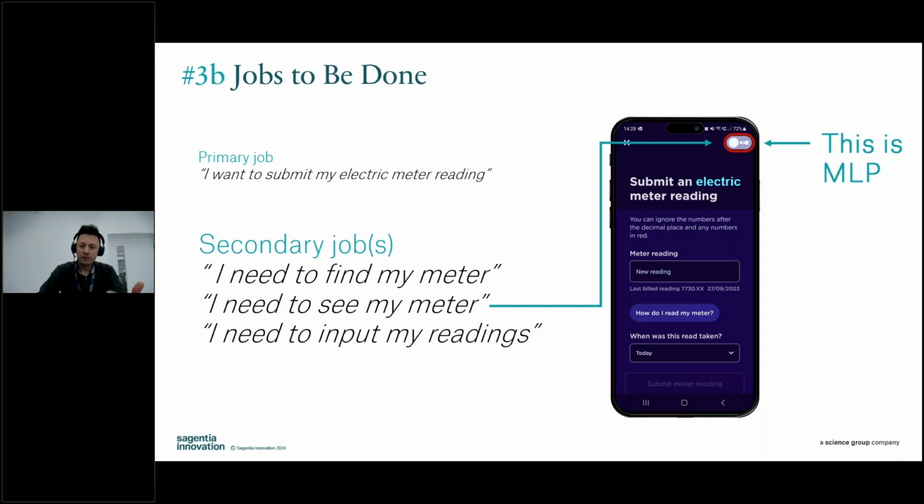If I have my smartphone, I'm in perhaps the app that I'm using to input the meter reading in modern days. I need to close the app, swipe down, turn on my flashlight on my phone, put the app back up again, enter the meter reading, because I can see that now. This provider is Octopus Energy, and they really get a good handle on what you're doing. They've put the effort in to understand those secondary jobs. Such a simplistic addition to their app. It's just a little sliding button on the app which turns your light on and off.